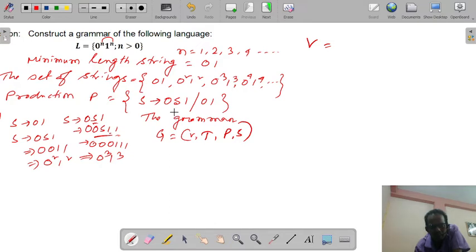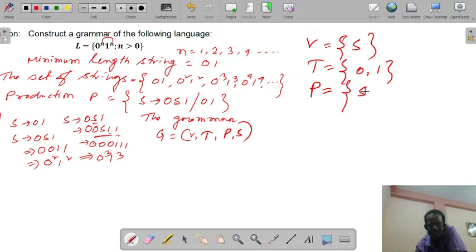What variables are used? That is only S. T is the finite non-empty set of terminals. Here that is 0 and 1. Production set P, that is S implies 0 S 1 or 0 1, and S is the starting symbol or starting variable. So this will be the grammar corresponding to this language.